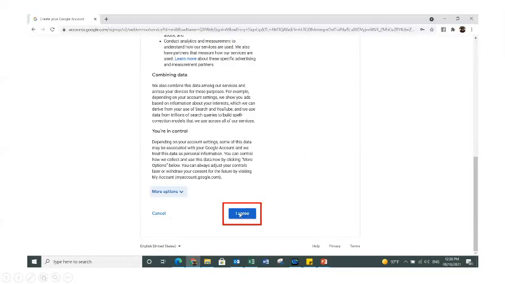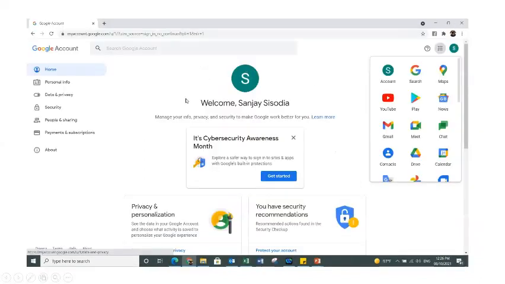I agree. So if you click on I agree, that means you are giving your consent that whatever provisions, terms, conditions Google is putting forward to provide you with the services of providing you the Gmail account, you are agreeing to it. If you click on cancel, the process of creating your Gmail account will get terminated at this particular stage itself. But if you click on I agree, the system will take you to another screen where it will show you a welcome message stating that your Google account has been created.